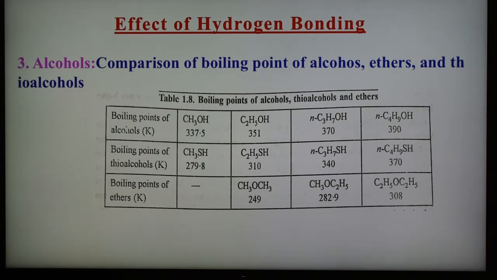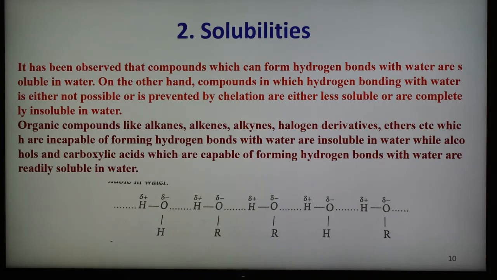Similarly, we can also explain that the boiling points of dihydric, trihydric, and polyhydric alcohols are much higher than those of the corresponding ethers. So these are the reasons that alcohols show a higher boiling point. This is the first effect, on the melting and boiling point, and the second is the solubility in water. So in case of solubility, we can say that the solubility of these substances in the water